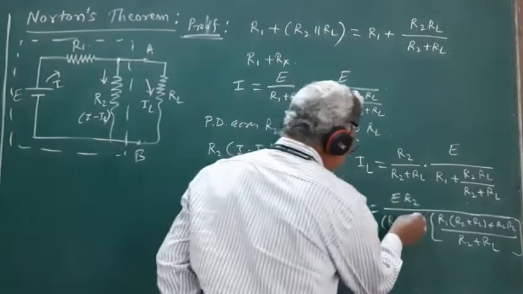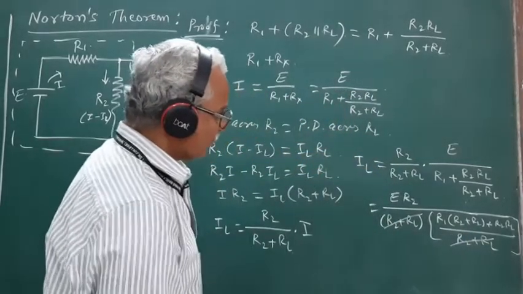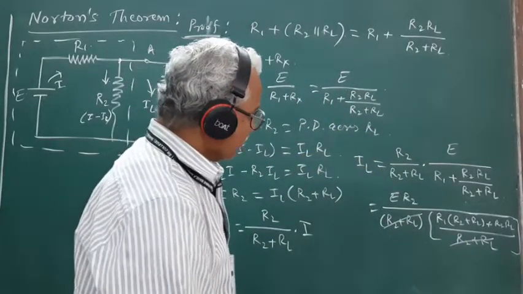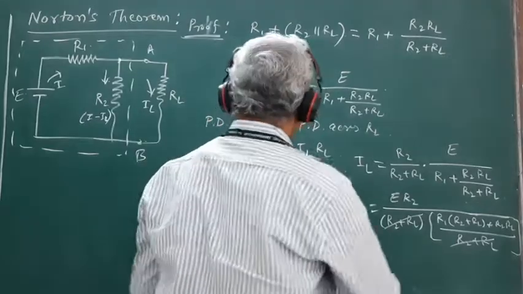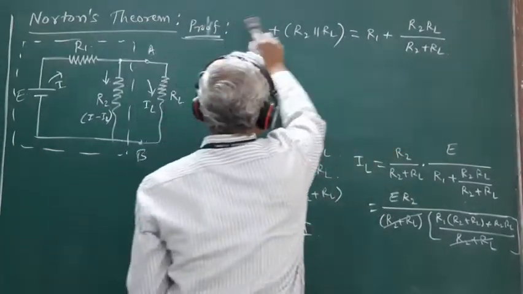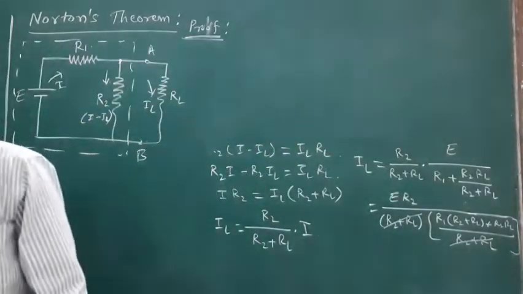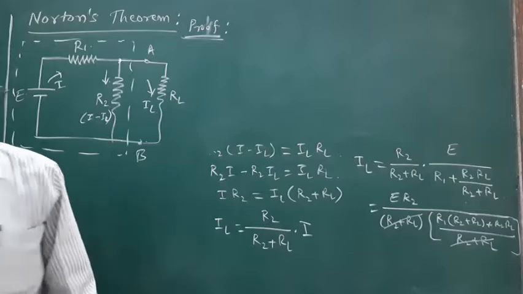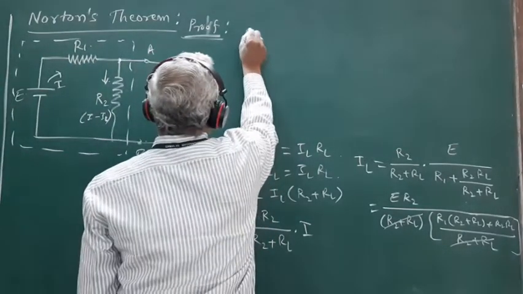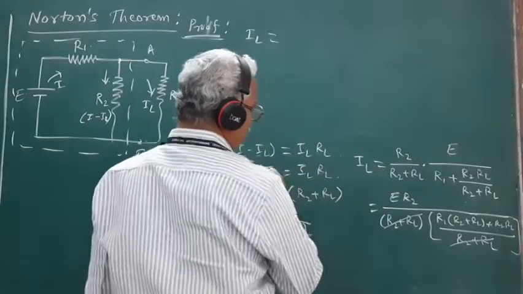So this R2 plus RL, this R2 plus RL is going to cancel. So we have the expression for IL. That IL is equal to ER2